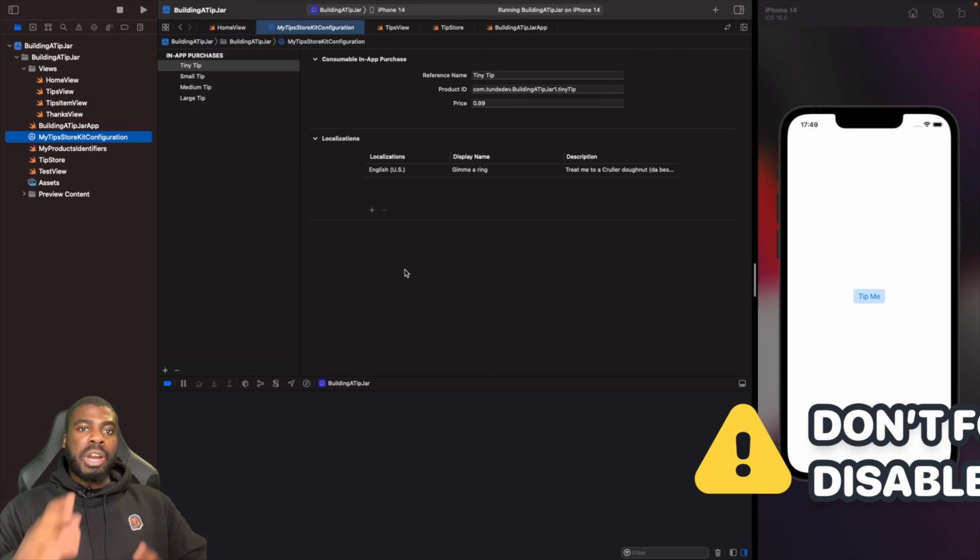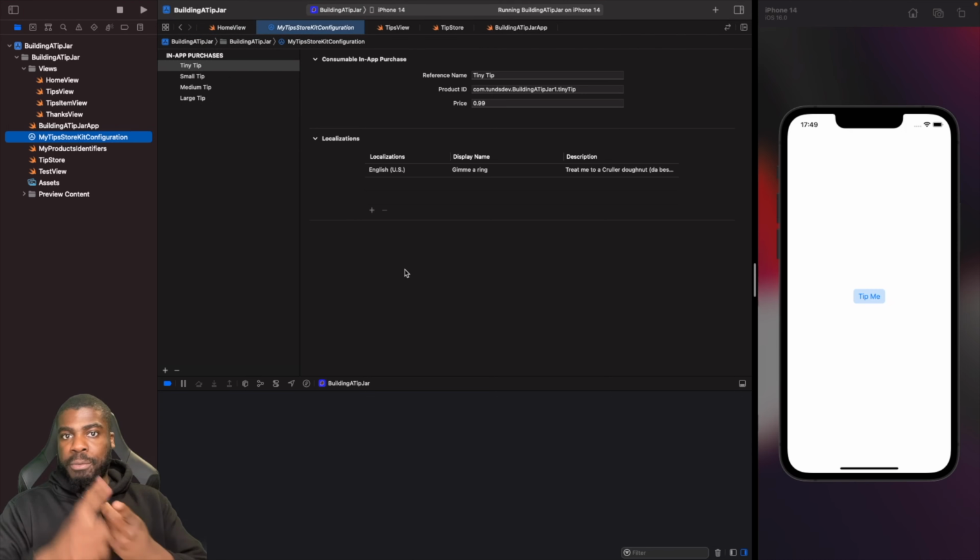So cool. Now we've handled the happy path, we've handled the errors, and we've also handled interruptions with our purchases, so we can deliver our content or say thank you to the user when it's done. The next thing we need to do is go into AppStoreConnect and look at how we can set up our products so that you can put this live onto the App Store